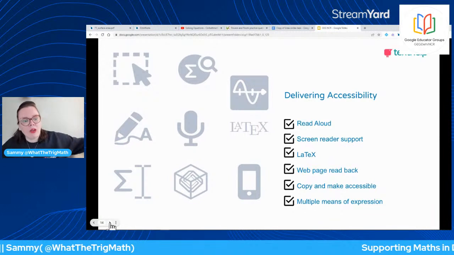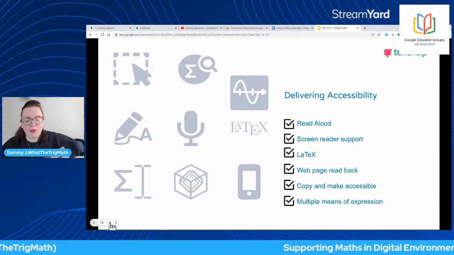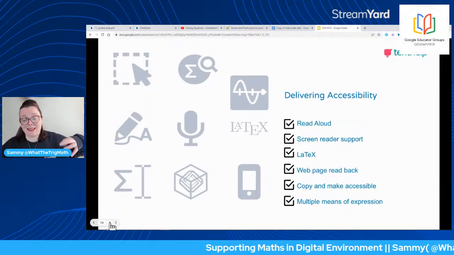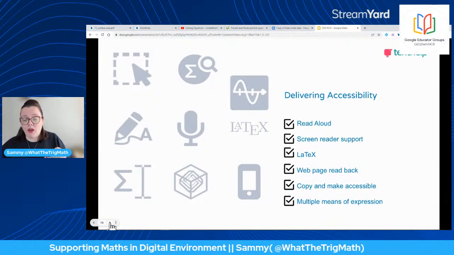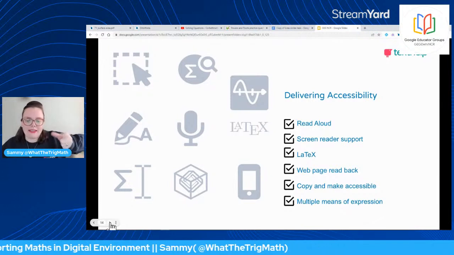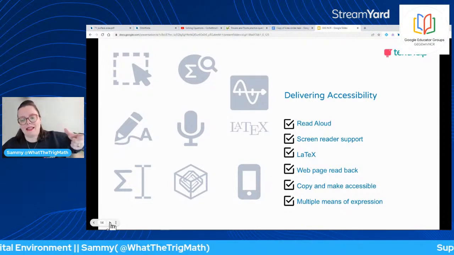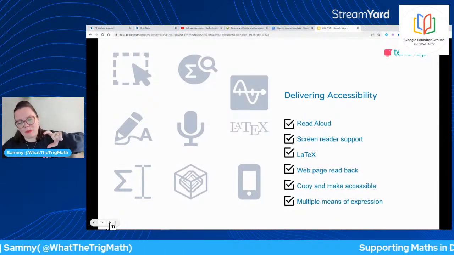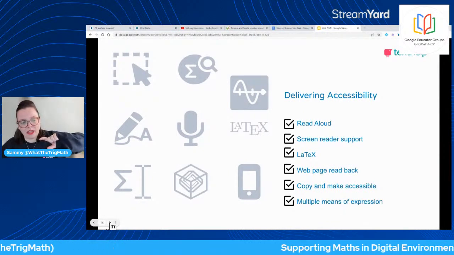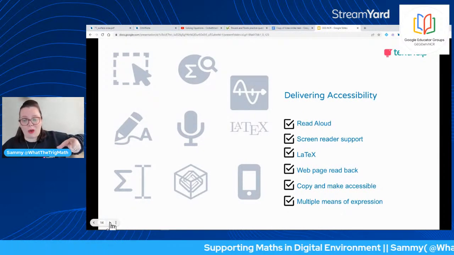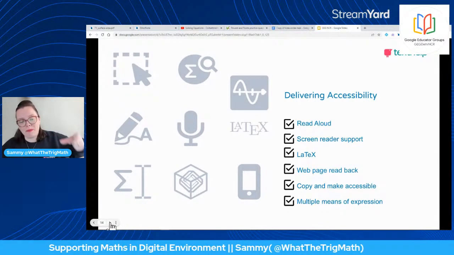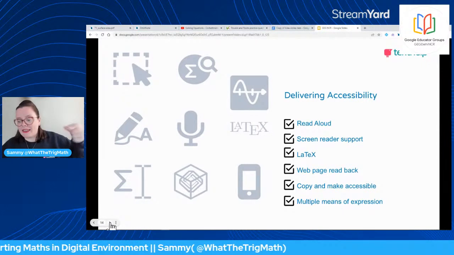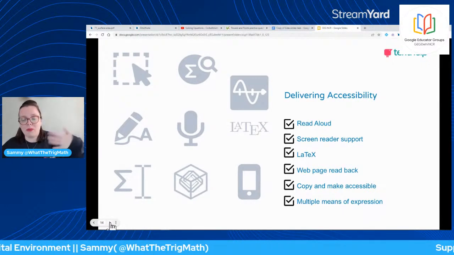So how do we do all these things? How do we support all these things? Well, we do read aloud. So we take inaccessible maths and make it to be read aloud. We offer screen reader support. We bridge that gap in that LaTeX dialogue. So that complex LaTeX language, we bridge and we make it accessible to all students. We can put EquatIO on your web page and have your web page read aloud. And we allow you to copy and make that maths accessible,